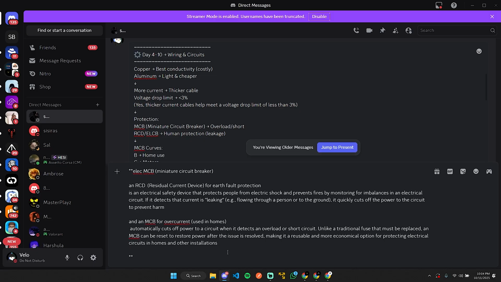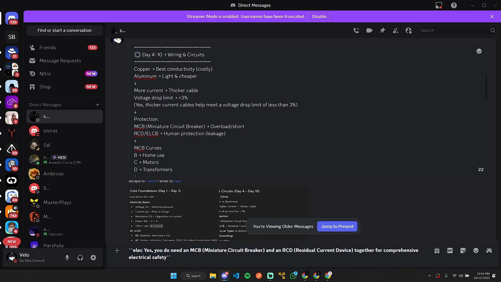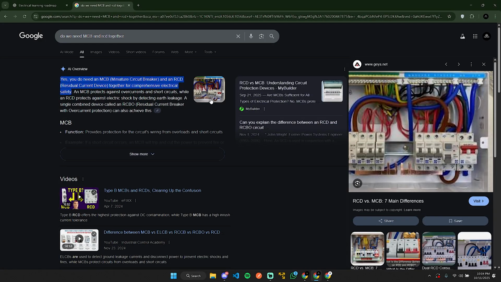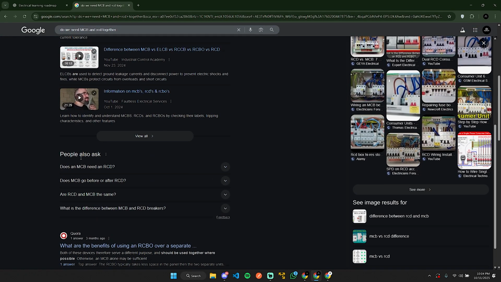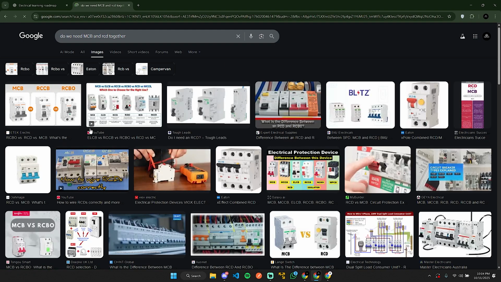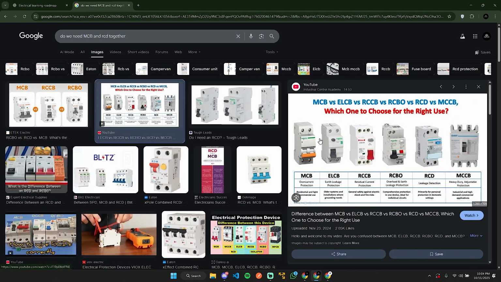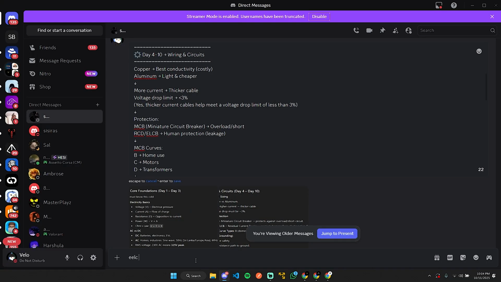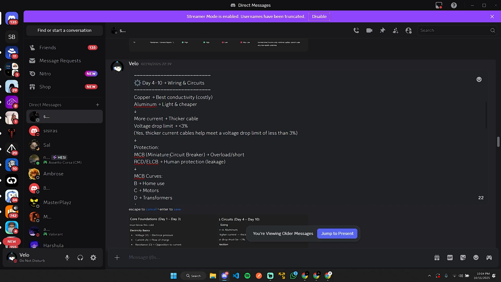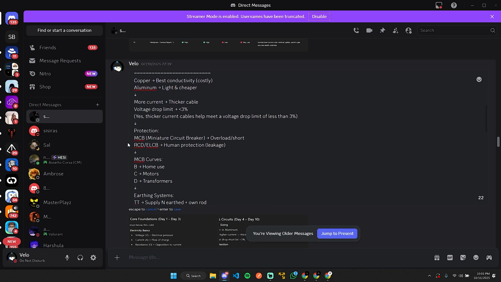So let's say, for example, let's just say like, alright. Cool, I have a diagram here as well. It's pretty nice. So you see the MCB, the RCD, which is the leakage detection one. So let's grab that real quick. Go step by step. MCB versus RCD. Residual current detection. Nice. Alright, RCD, which is the residual